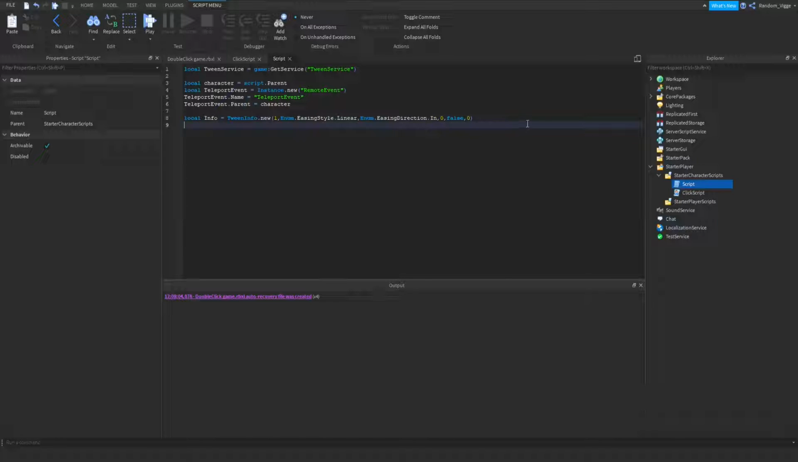There we go, something like that. Just have it 1 second, and that's the only really important thing. Then we want to do a function, so local function